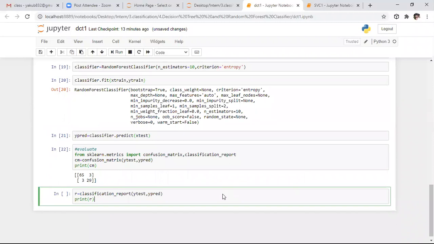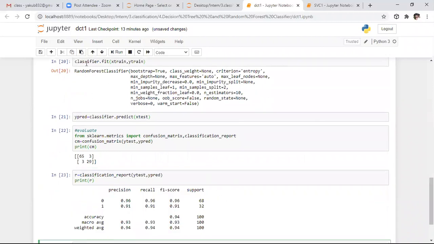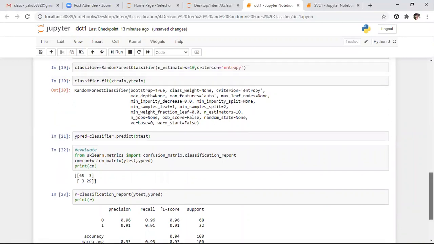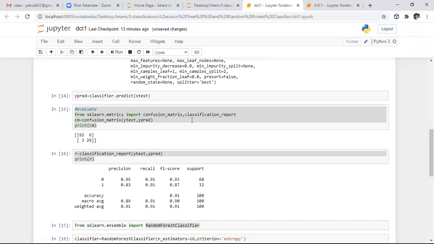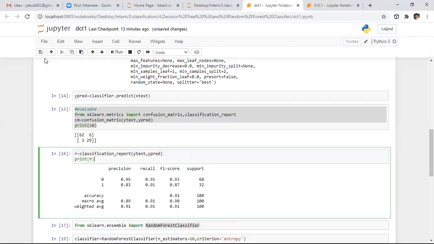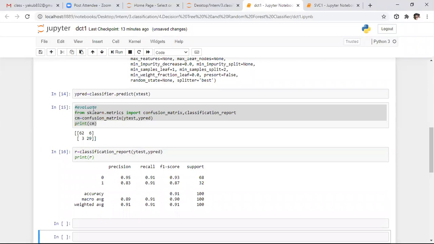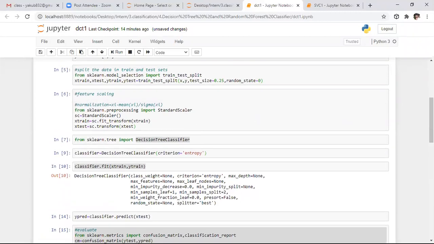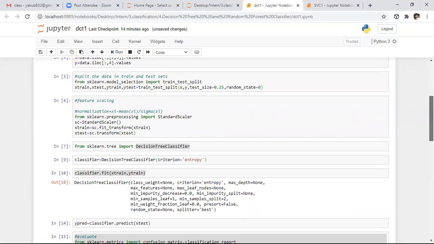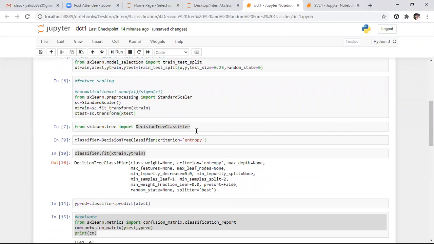So here what we are doing is replacing the classifier. Initially we used a decision tree classifier, and finally we are replacing that with the random forest classifier. For that purpose, after evaluating this model performance itself, I want to add these two steps, that is visualizing that graph. So we need to execute everything from the starting onwards.